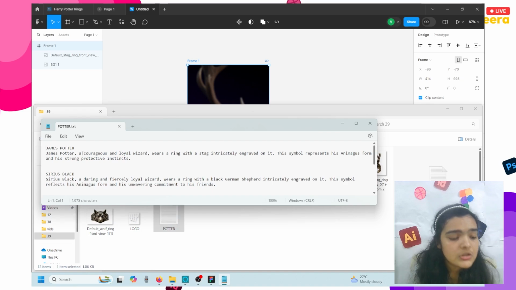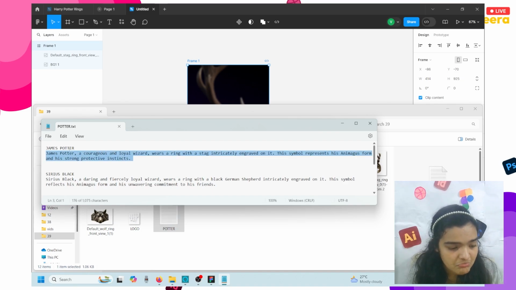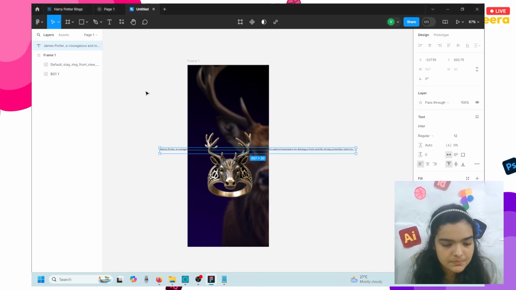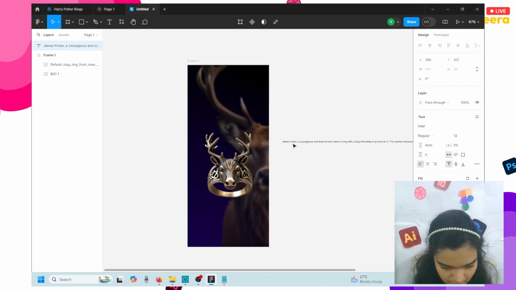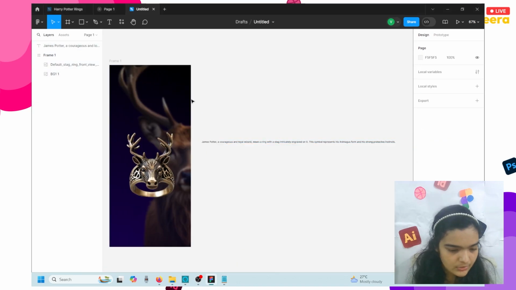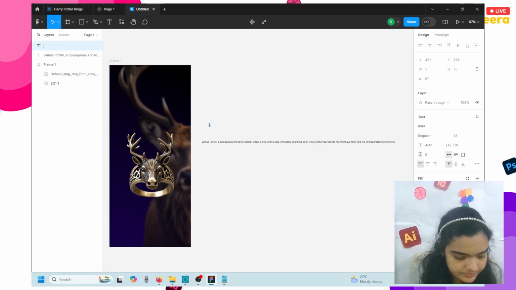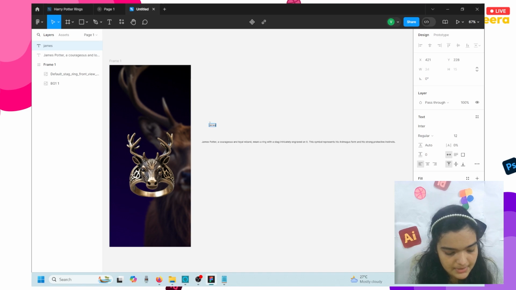It's a super simple thing. You're just going to copy this text and copy the name and just place it right here. So I don't need to copy and paste the name. We can just type it out. It's just much simpler that way. Type JAMESPOTTER,